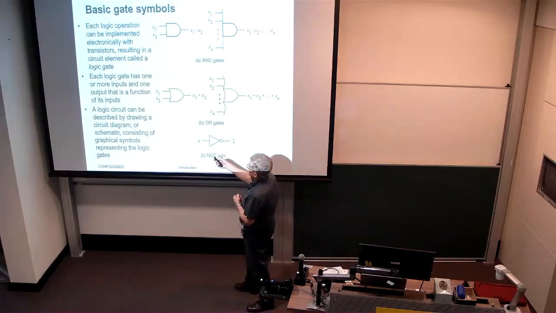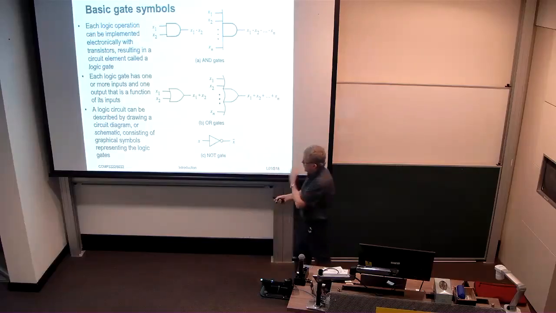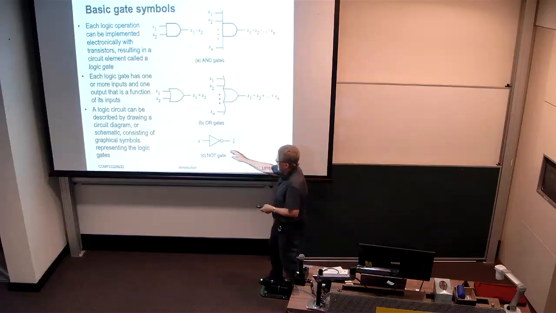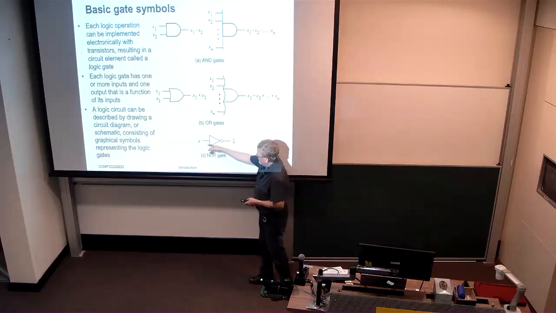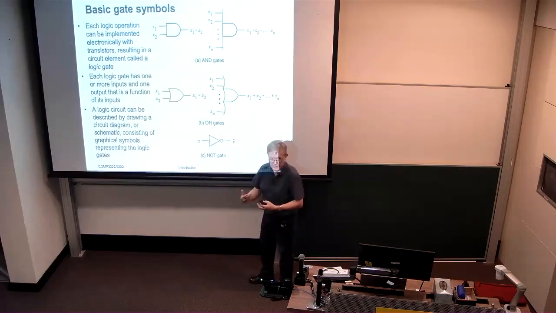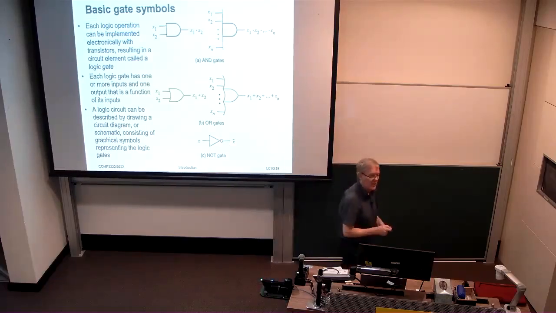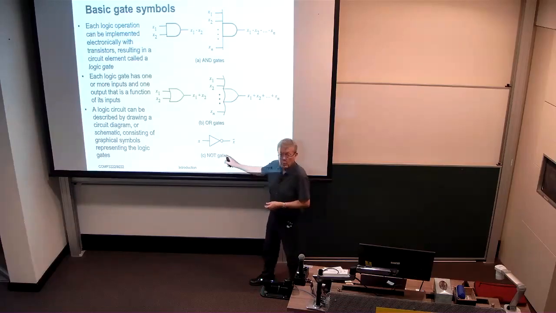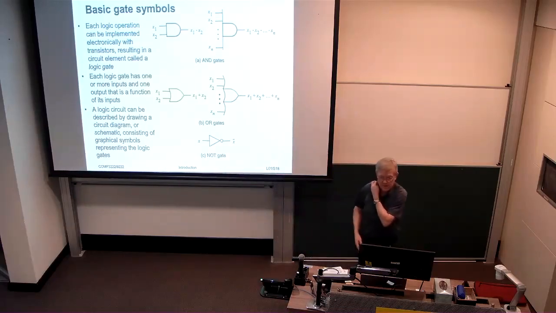Here is the OR symbol. It has a curved back as opposed to a straight back and a somewhat more pointed right-hand side. And similarly, we can extend that up to n inputs. And finally, the complement has a buffer. So without that bubble, it's just a buffer, this triangle, which is just an amplifier. But with the bubble, that means change the logical sense of it. So this turns a 1 into a 0 and a 0 into a 1, right? So that's a NOT gate.